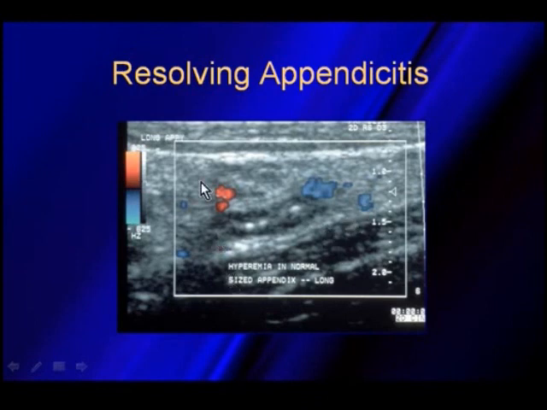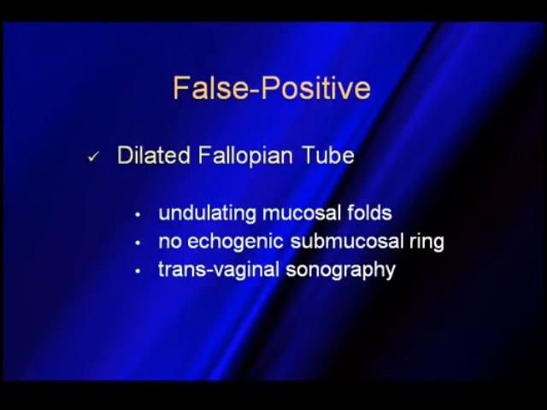We scanned, she had hyperemia, but you can see her appendix is normal in size. So we did follow her up again, and next time we took a look at it, it was still normal in size, but no increased blood flow within that. So we assumed that she did have a case of resolving appendicitis. Now, the way that we tell the difference between a dilated fallopian